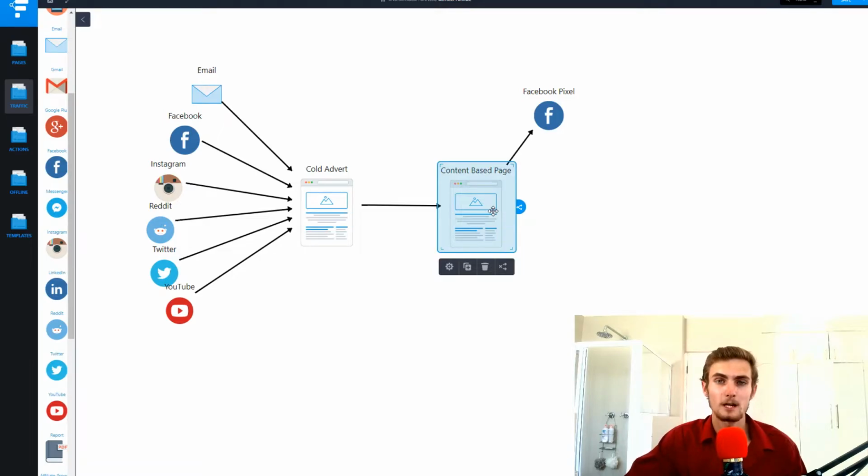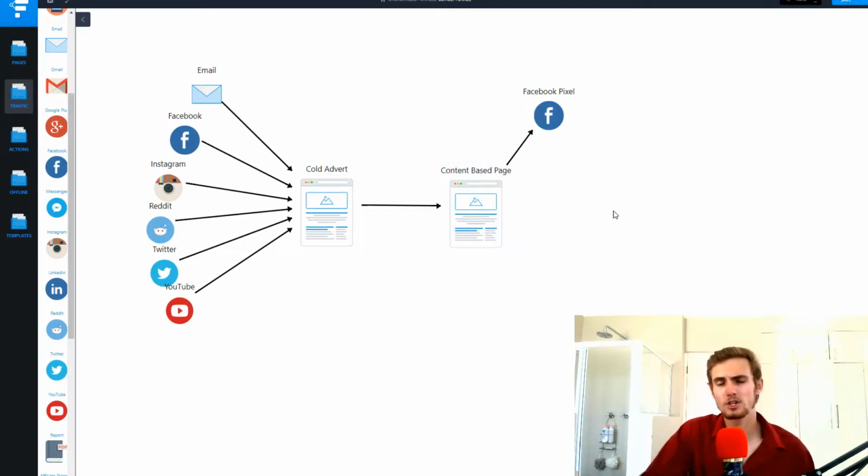So this content-based page will be only content. It could be an article, a video content page, whatever it may be. And at the bottom of this content page, you're going to have what you call a content upgrade, where it will give them a chance to enter their email. Basically on this page, you can have something along the lines of a new secret free course or sample or whatever it may be. And this is what people want to see. They don't want to get involved in any risk, because as soon as you ask them to buy something, they see it as a risk. But if you are offering something such as a free sample or a free demo, there's no risk. They will want to get involved.